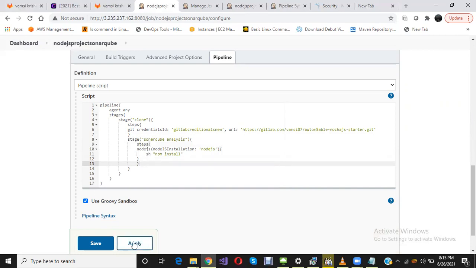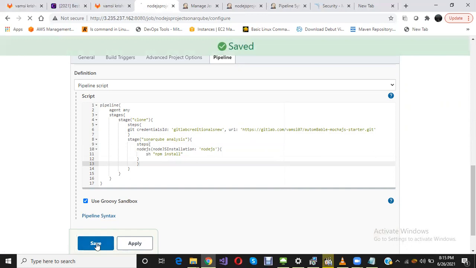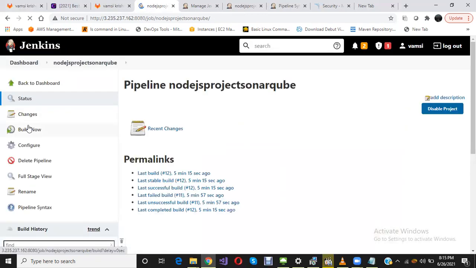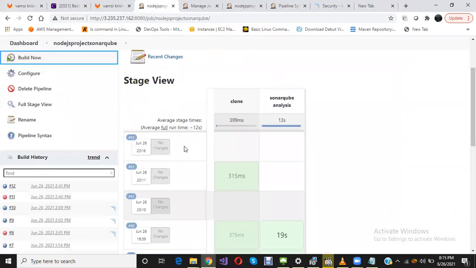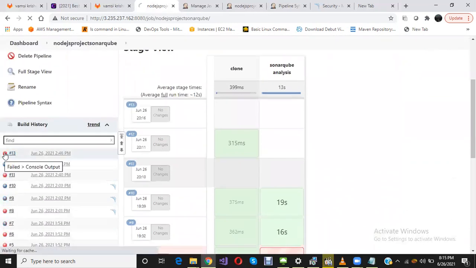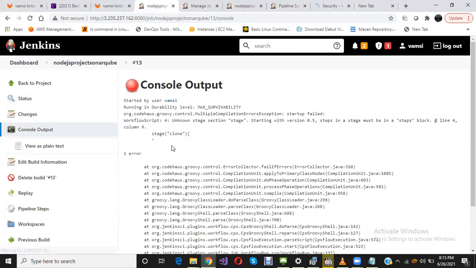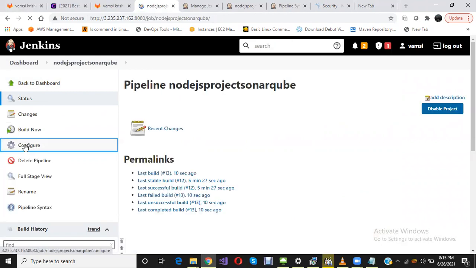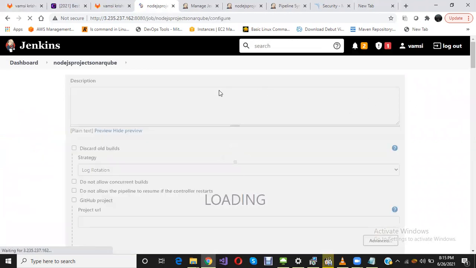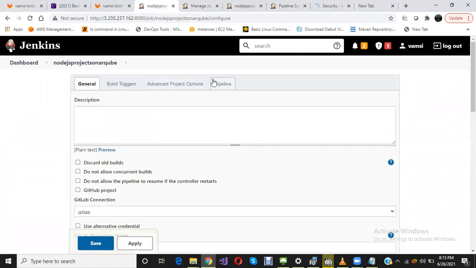Okay, and let's view build now. Why is it failing? Stage clone. Okay. Go to configure and pipeline.